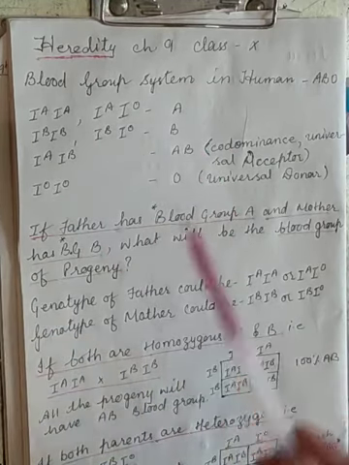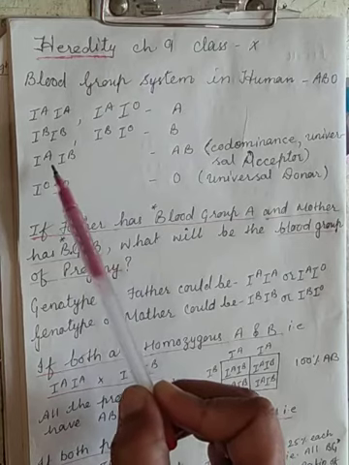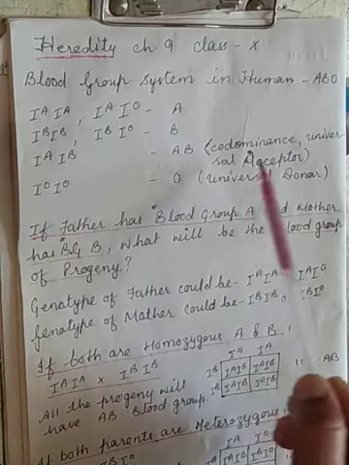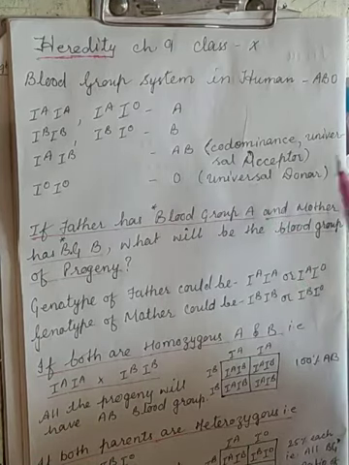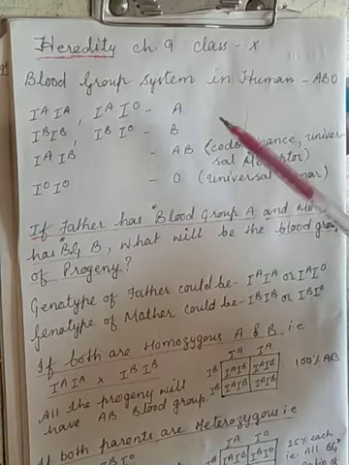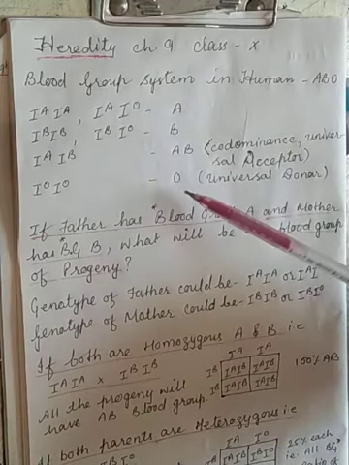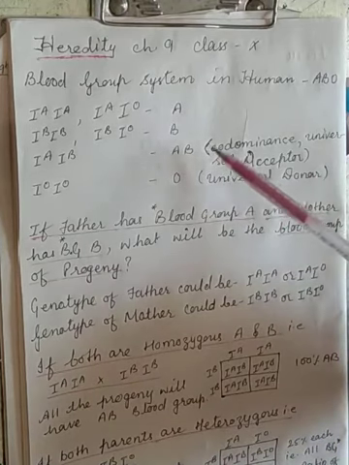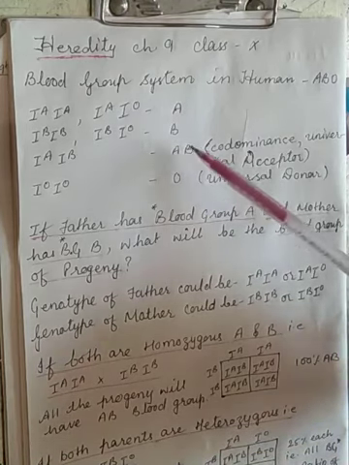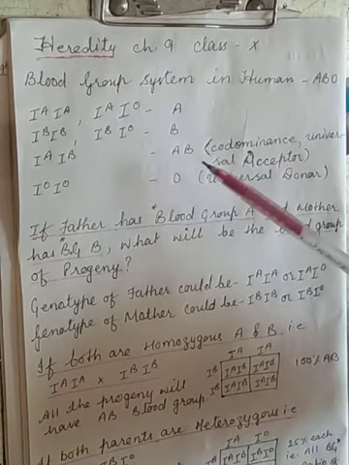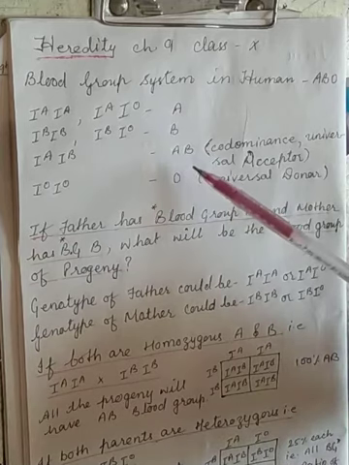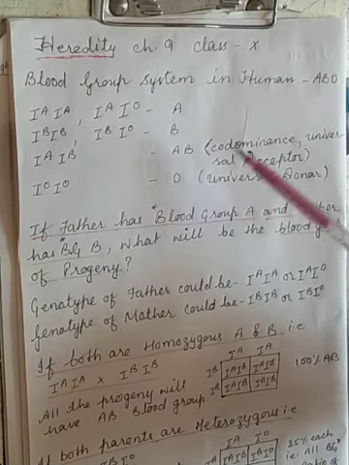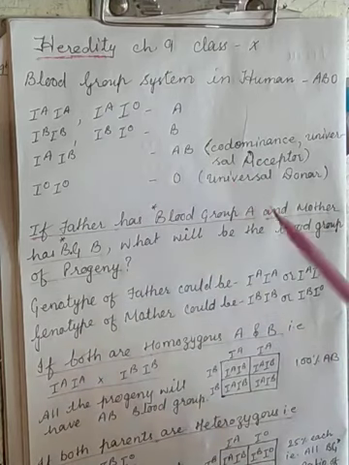If the blood group of a parent is AB, then the genotype will be IA IB. AB blood group is known as the universal acceptor, because it can accept blood from A, B, AB as well as O. This process in which both the alleles are expressed is known as codominance. Here both the alleles are dominant and expressing themselves. It is not obeying the law of Mendel.